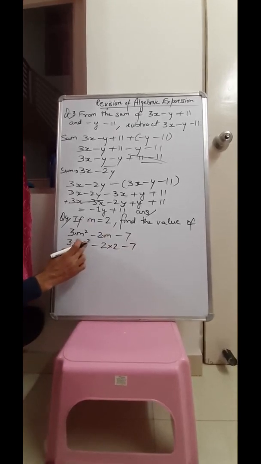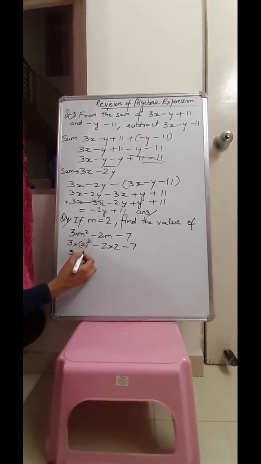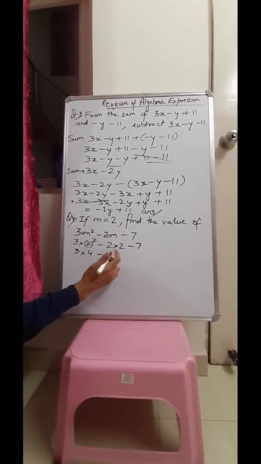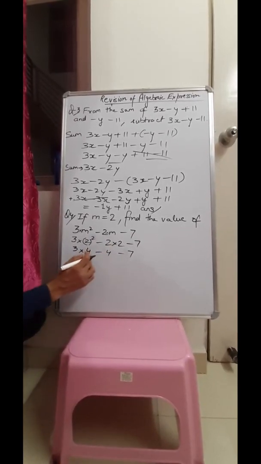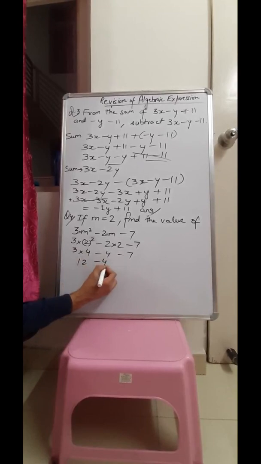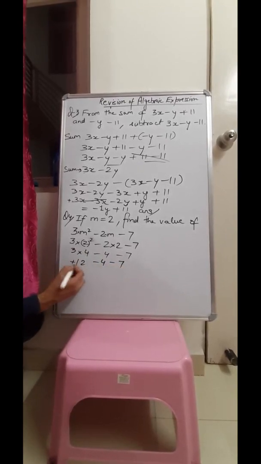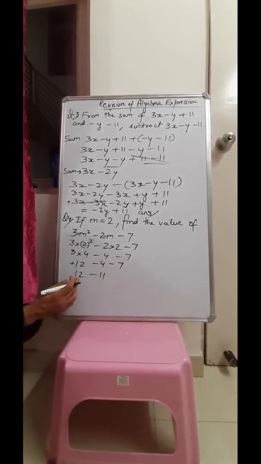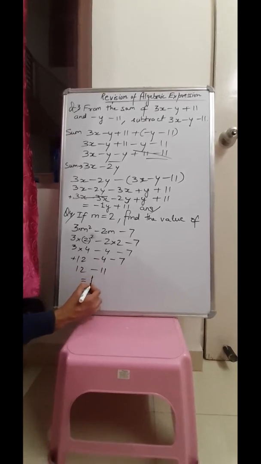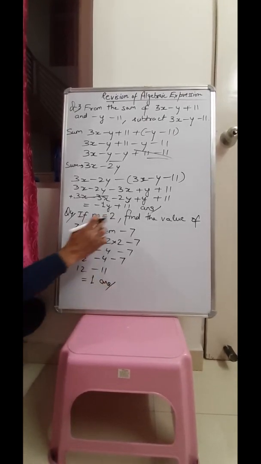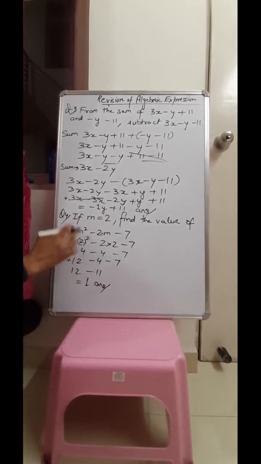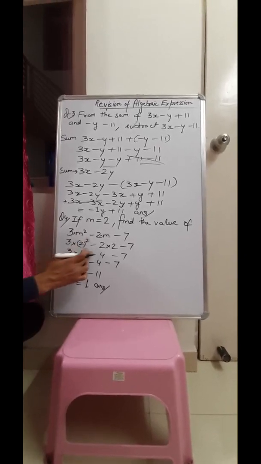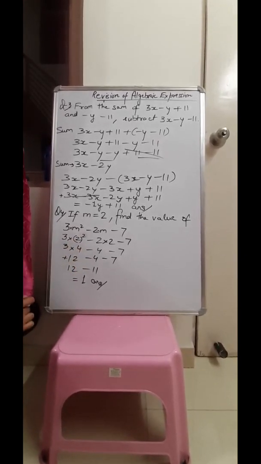So first we are going to solve the powers. So 2 raised to power 2 means 4. Here we have to multiply first. So minus will remain as it is, 2 into 2 is 4, minus 7. So first multiply, that is 12, minus 4, minus 7. So 12 remains as it is, and minus 4 minus 7 comes to minus 11. So 12 minus 11 gives you the answer, 1. In this way we can put the values of a variable like m, and after putting the value we solve the powers first. After solving the powers, then we multiply, and then we can add or subtract.